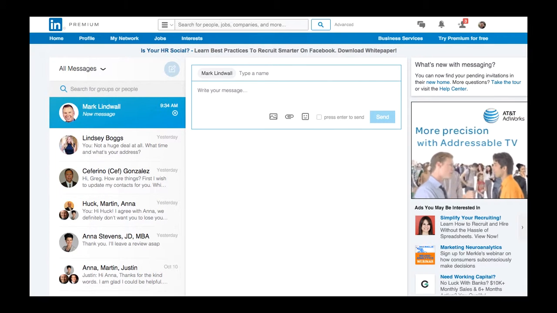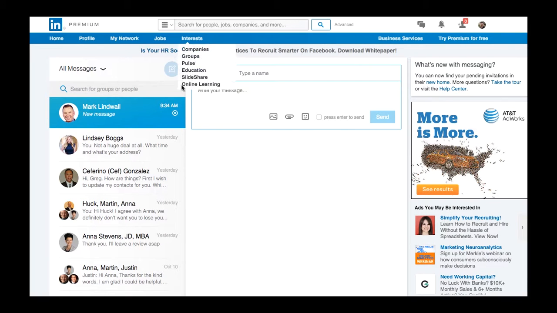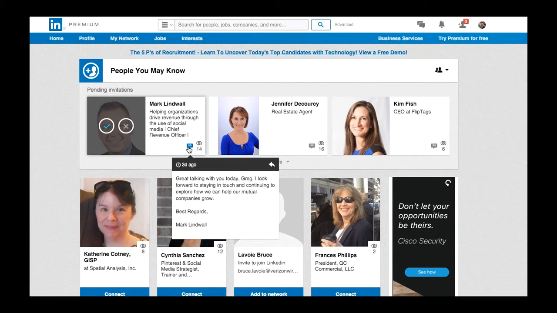This changes the workflow just a little bit. Instead of accepting the invite and then sending the message, you actually have to send the message and then accept the invite. So open it up, and if you want to say thanks for getting in touch, thanks for sending me that invite, this is your new workflow.